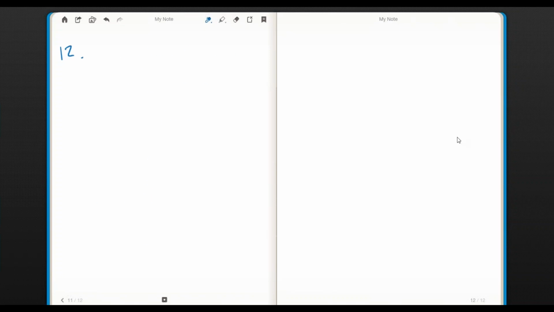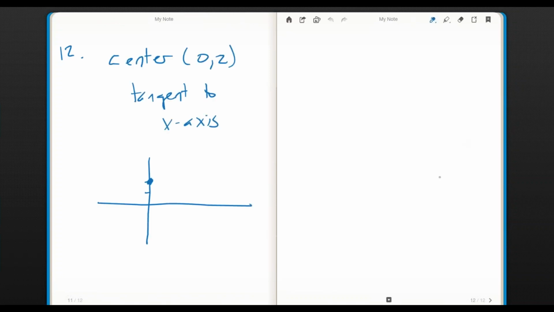Number 12. This problem tells us that we have a circle with a center of (0, 2), and it's tangent to the x-axis. Now my circle drawing skills are really limited, but here's the point. If it's tangent to the x-axis, it goes down and touches it, but does not go through it. That means that the distance from the center to the outside edge of the circle is 2. If I drew the whole circle, something like that,